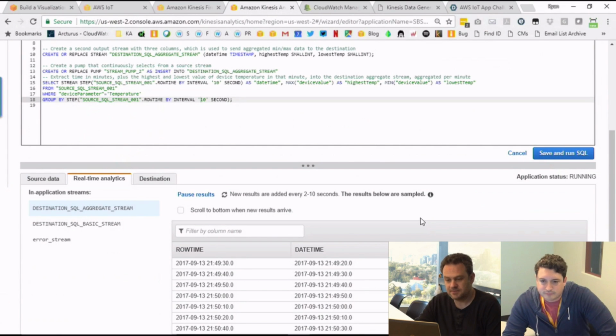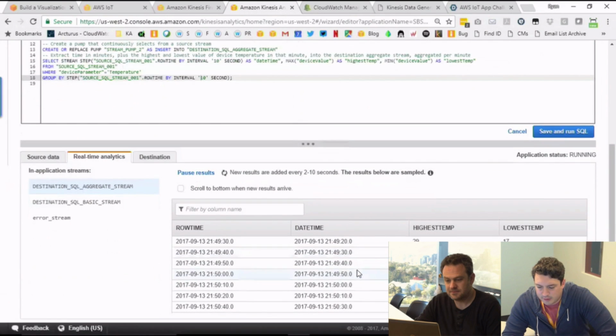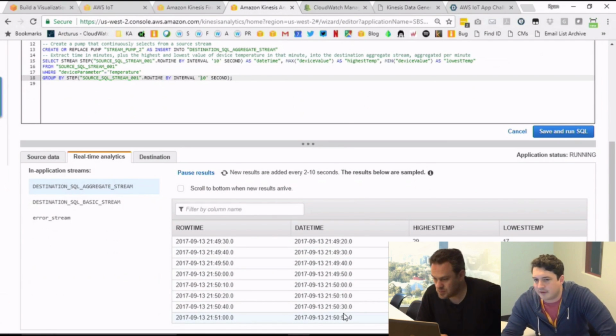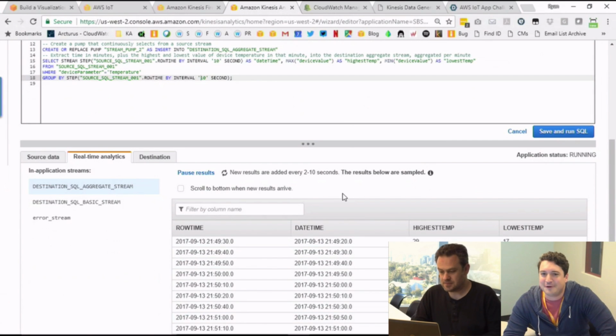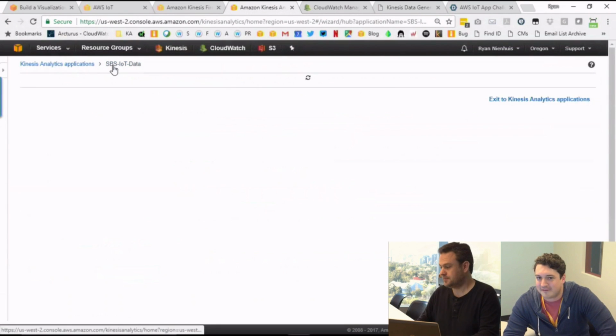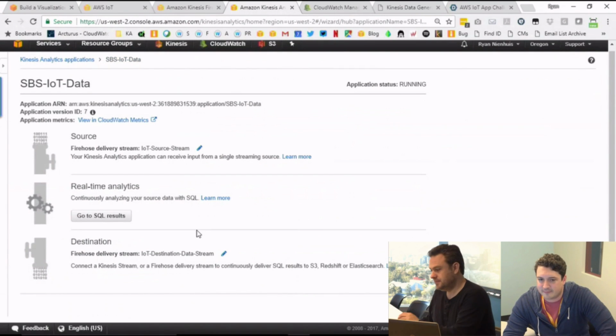That's awesome. Here's my updated query. You can see the highest temp and the lowest temp. You can also see the output of the date timestamp is every 10 seconds. We do some sampling on the console, as you can see, so every once in a while we skip one, but largely they come in every 10 seconds. And the data is sent downstream if you have everything set up correctly, which I don't think I did. So we're going to go and fix that and show you guys how to do that.